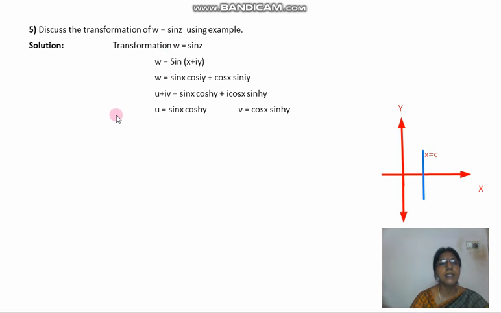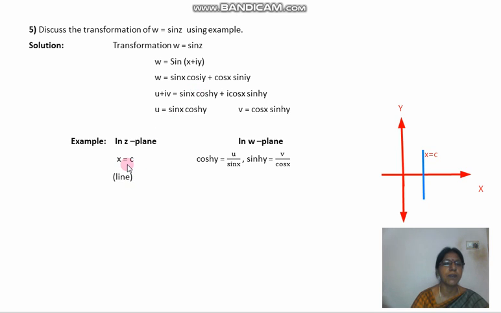Now what about the z plane curve? In the z plane, you take an example, since it is not given in the problem. You take any example. A straight line is a very simple curve. That's why we take a simple one; why take a complicated one, we took a small one. Example: let the z plane curve be the straight line x = c. This is the curve x = c in the z plane. Now only the transformation is given. This z plane curve, the line, we take this one.